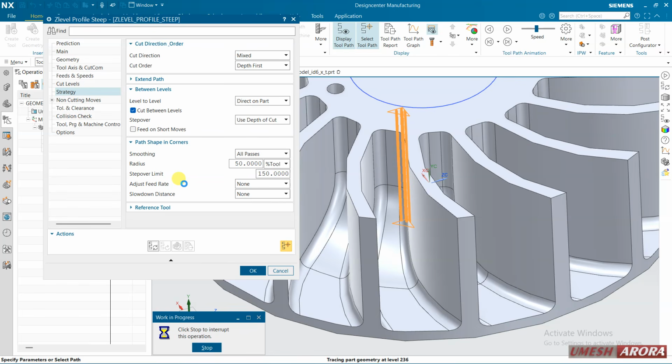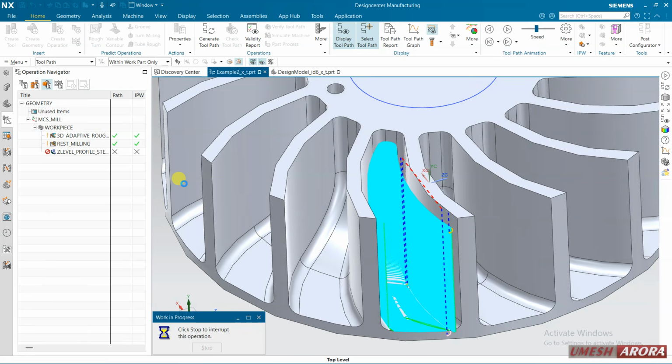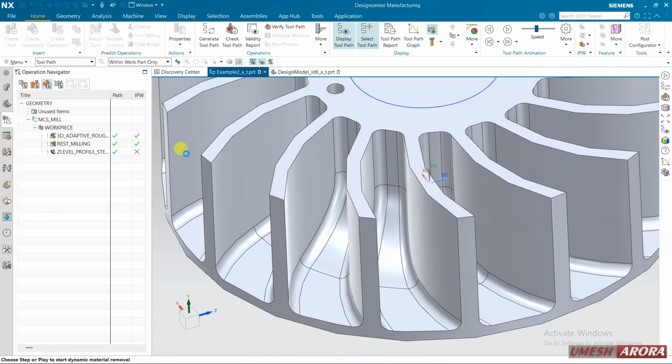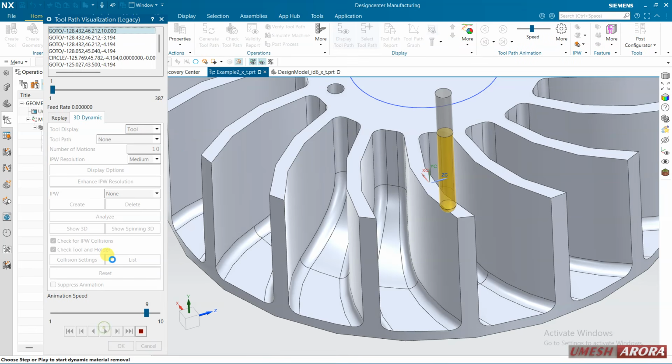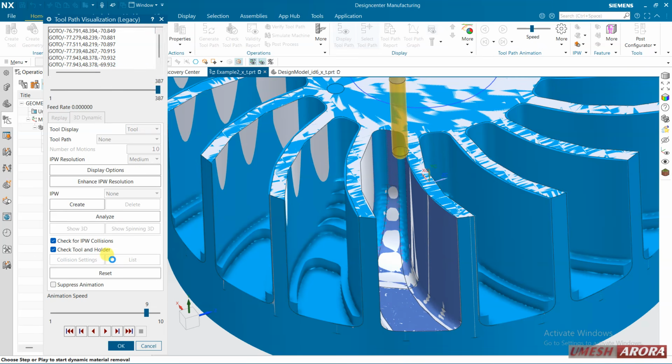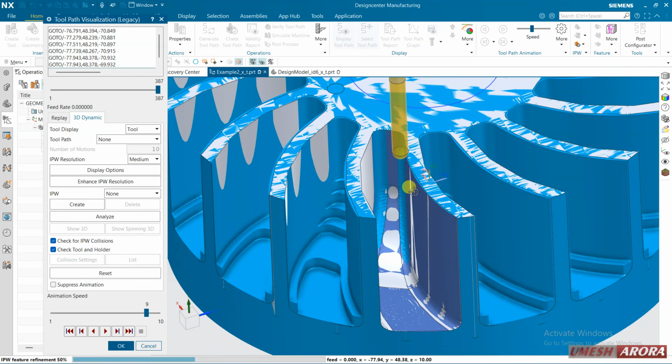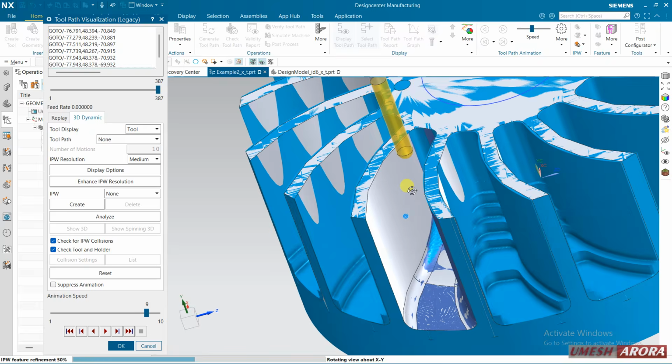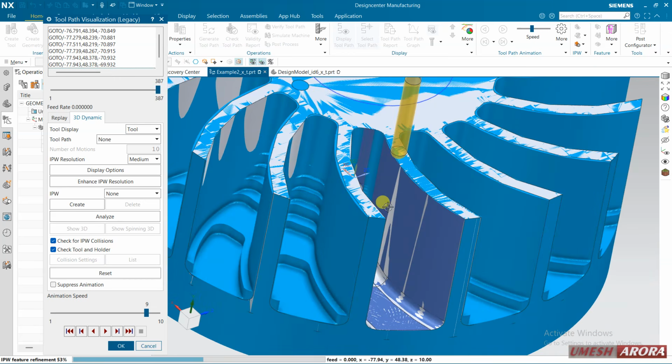After this, if you want, you can pattern all these toolpath in all slot. So I will show you how to pattern it. Before it, just see the verification and click. Still we need one more toolpath so that we can finish this portion. Still we have some material here.